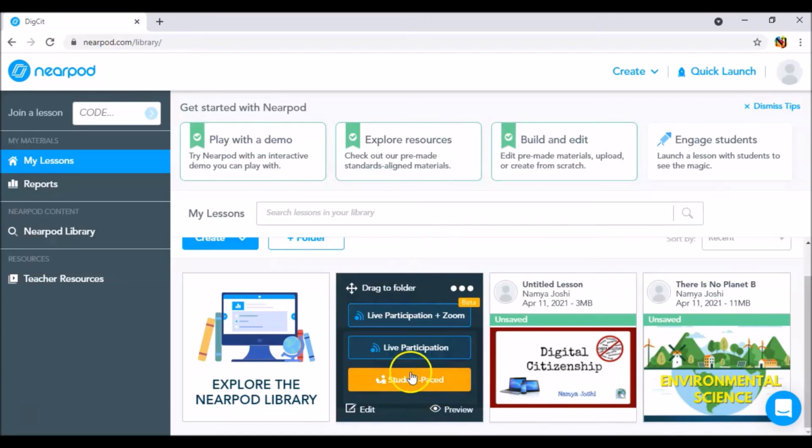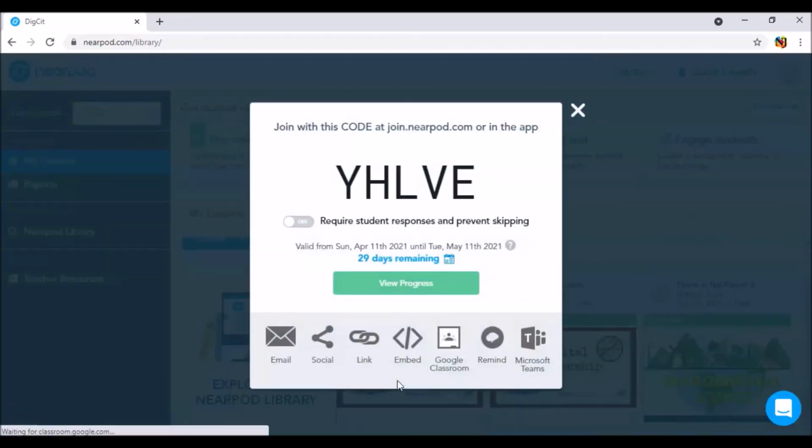And now you can see you can add some live participation. You can also use this in Teams and Zoom by sharing your screen or by adding it as another app. Now let's actually create the student pace. That is the student code. So with this code, the students can join your Nearpod. Now if you want to require the students' responses and prevent skipping, you can click on that. Means the students cannot skip any question and are supposed to answer all